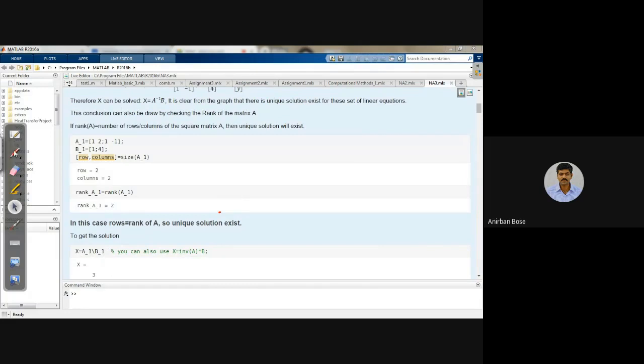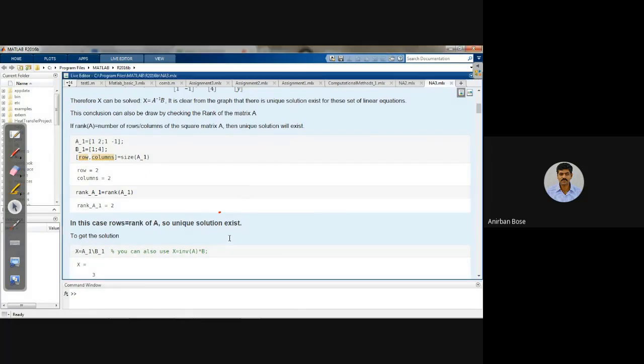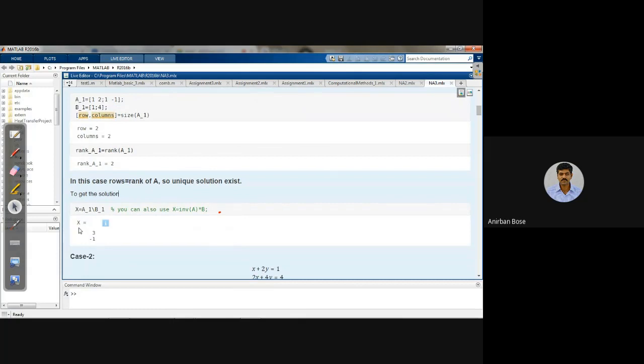You know that front slash basically represents division, but backslash is basically used to calculate A inverse. It is kind of like that. So here to find x, you just use A inverse B. Okay, so if you do that, as you can see, you will get the solution of the x variable, which is basically a column matrix containing x and y. So 3 and minus 1.